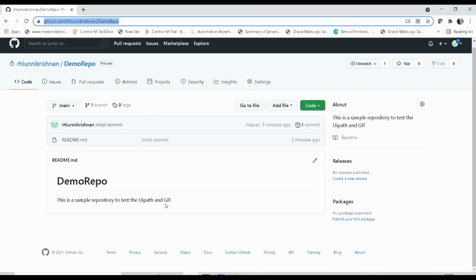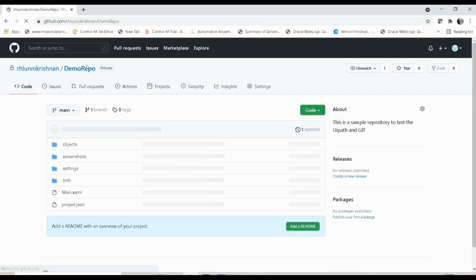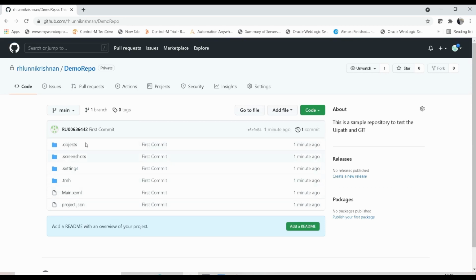So let me go to the repository. Okay, so currently the project is not available. So what you have to do is just refresh your repository. Okay, so once you refresh it, you can see your project is now available in your repository. Okay, so it got uploaded 1 minute ago. So this is how you can upload your project to the repository using the